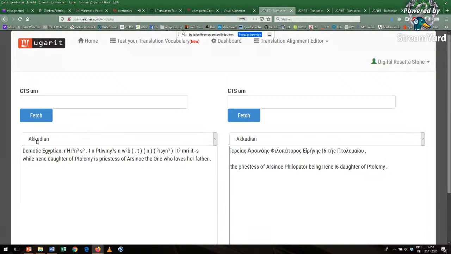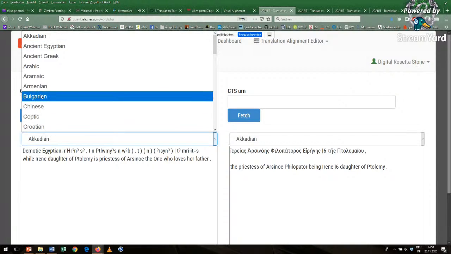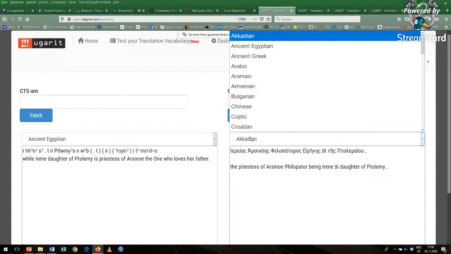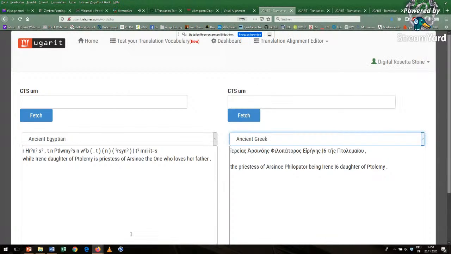The left part here is not Akkadian, but this is ancient Egyptian. It's Demotic, what we have right here. And I'm going to delete this thing that I've pasted here, and the other part is ancient Greek. So